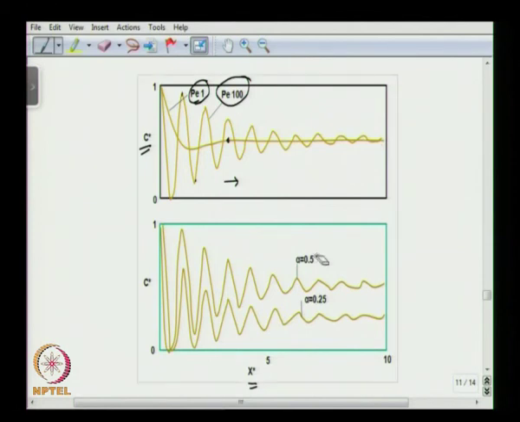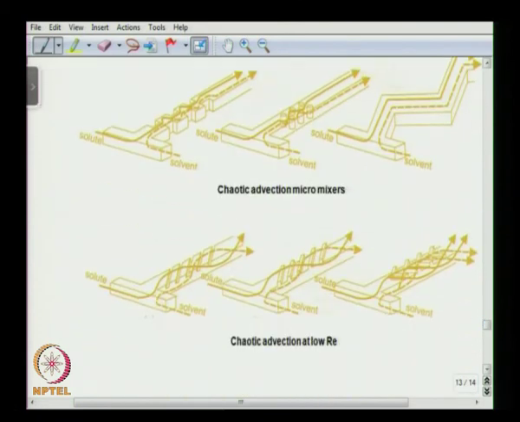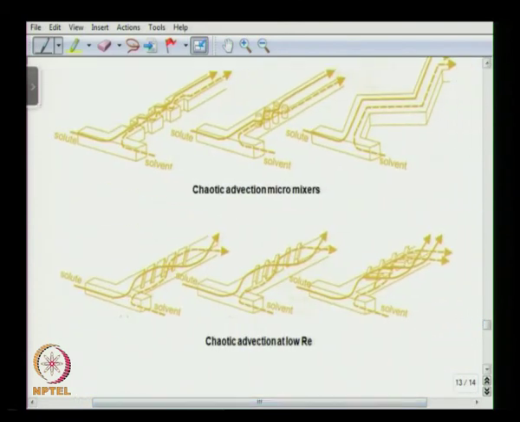Similarly, if you compare two solute to solvent flow rate concentration ratios, one case alpha equal to 0.5 and the other case alpha equal to 0.25, where we have more solute coming in as compared to the solvent, the final concentration is going to be higher as compared to a case where the solute concentration is lower. So those are two important conclusions that we make from here. Let us quickly look at a few more types of passive and active mixers.